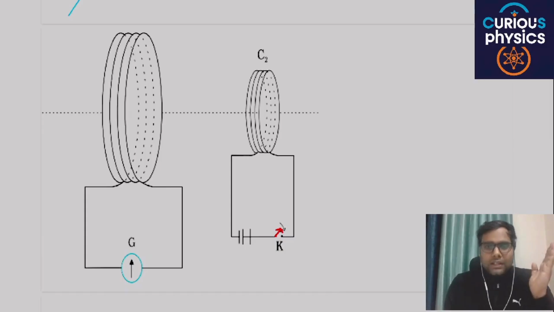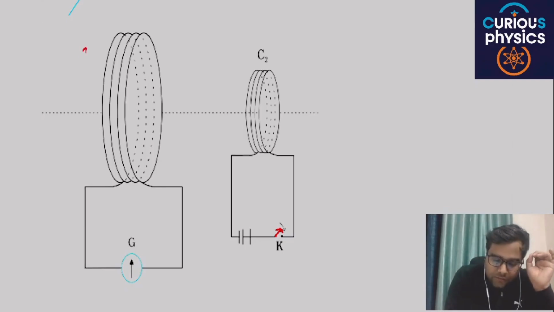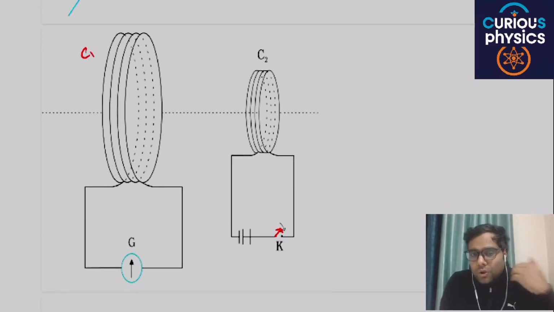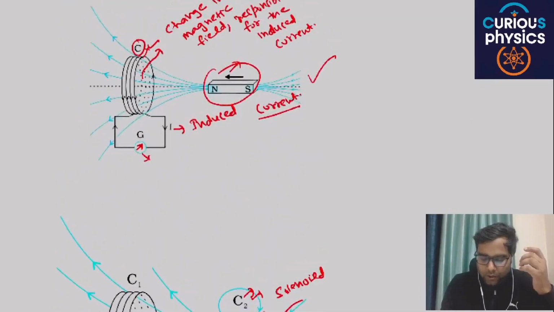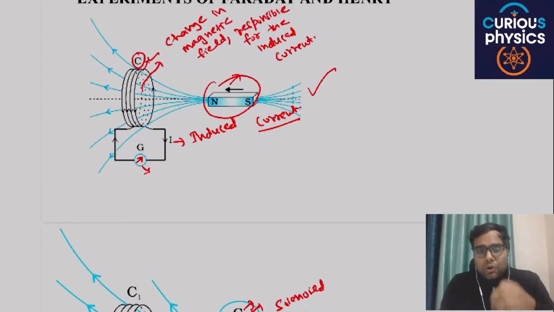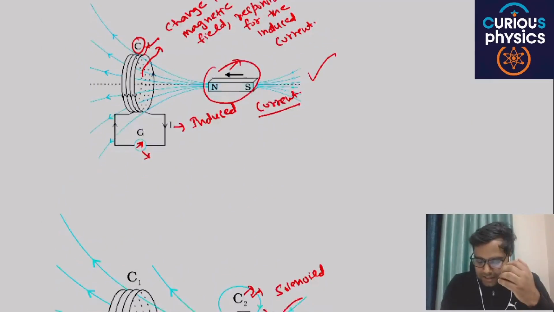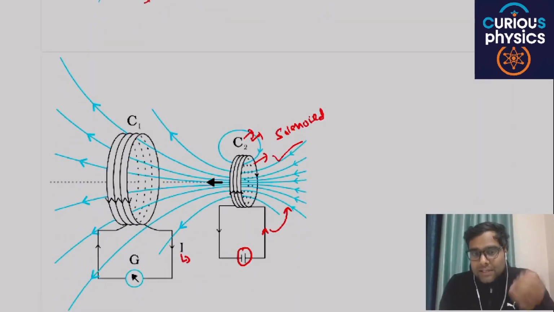If you remove the key, then there is also basically a small deflection in the coil C1. So relative motion is not the basic or the must condition for the production of induced current in coil C1. In experiments 1 and 2, if you change the direction of the motion of the magnet in the first case and change the direction of the coil in the second case, the direction